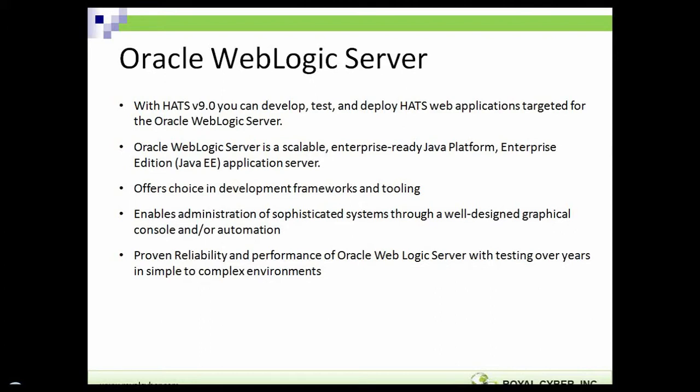So these are a few benefits of Oracle WebLogic Server. WebLogic Server offers choice in development, frameworks, and tooling, like Application Development Framework, Spring and Struts. Oracle supports both open source development offerings and commercial code. Oracle WebLogic Server enables administration of sophisticated systems via a well-designed graphical console. You can use the administration console to configure, start and stop server instances, configure WebLogic Server clusters, and perform